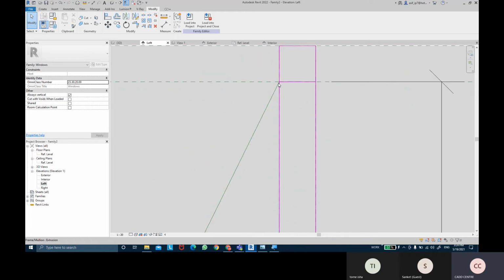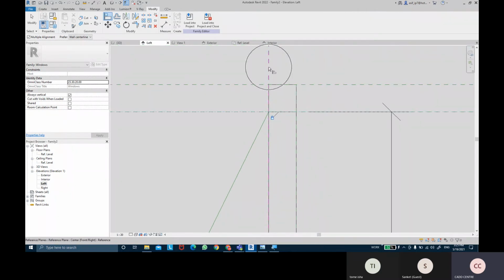Now what I want to do is lock this reference line from this particular point over here. So I'm going to come into the align tool and select this horizontal reference plane and hit tab, then lock the sketch line, the reference line. You can see the point. First we need to select the horizontal plane, keep the cursor on that end and press tab until you get that point. Now you get that point, we're going to click on that point and lock it.